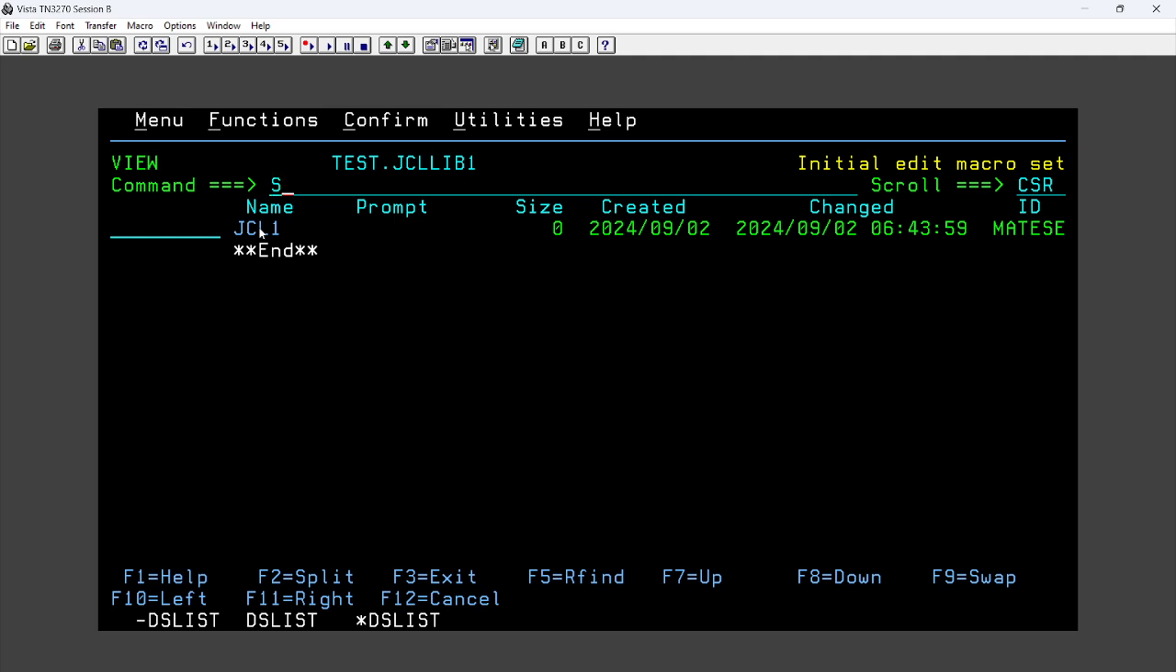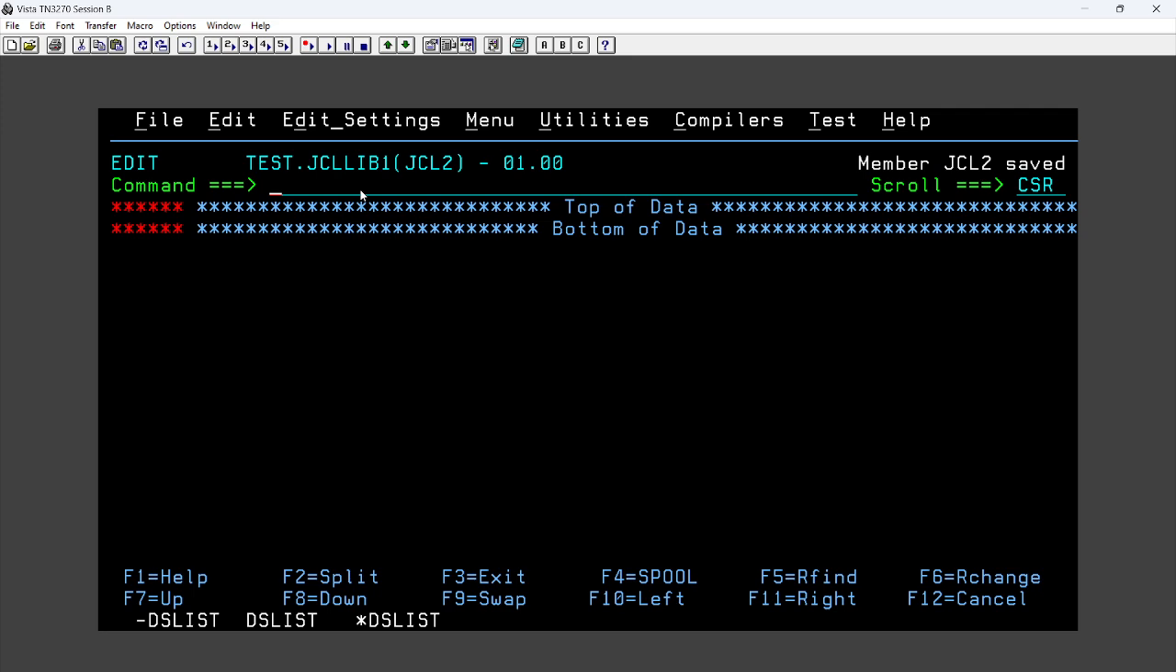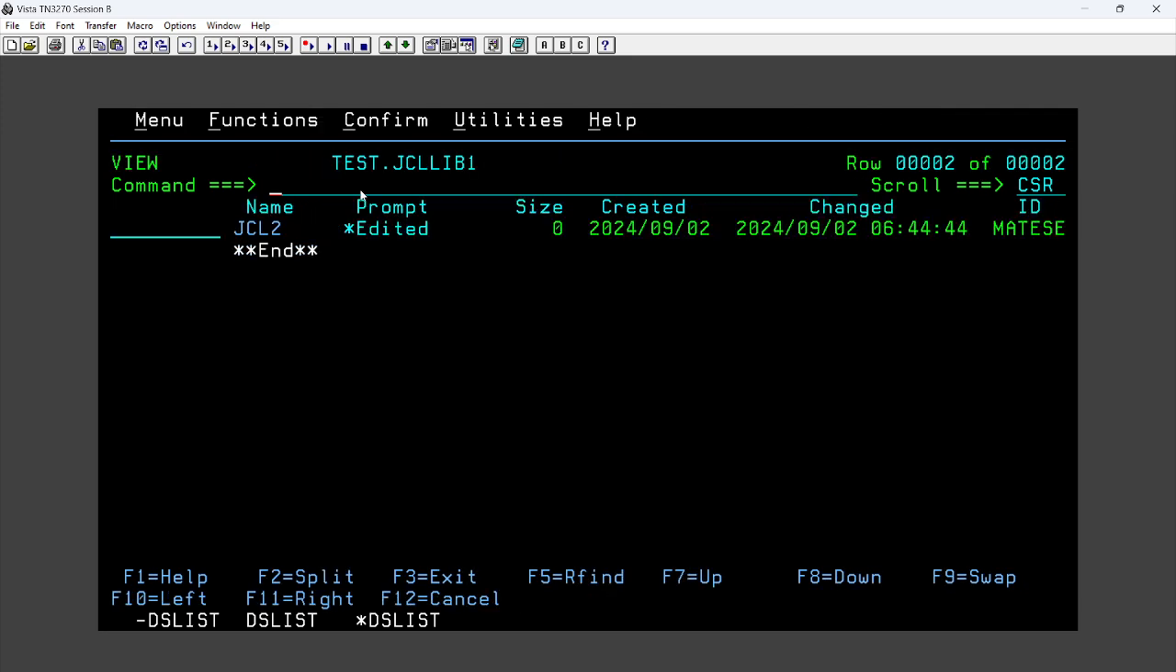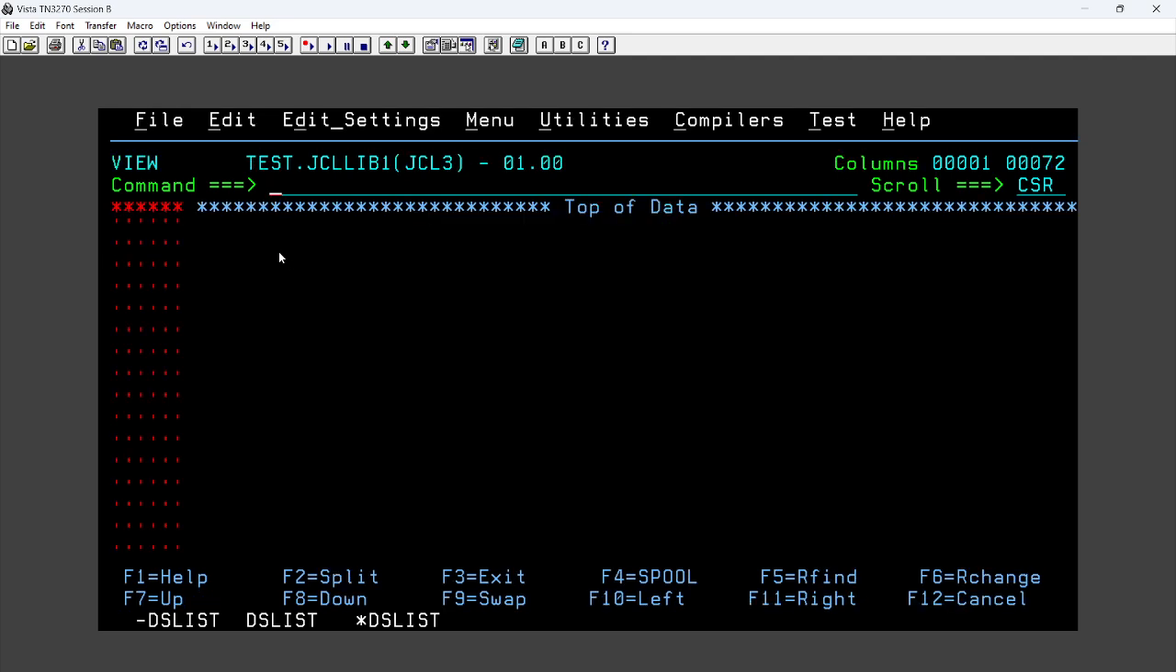Just give S member name, JCL2 E. S will allocate this member. Which one? JCL2, and in edit mode. Press enter, save it. One more member is created. So refresh, see JCL1 and JCL2. If you create like this JCL3, if you don't give E here, by default it will be considered as view mode. Okay, so now if you come back,